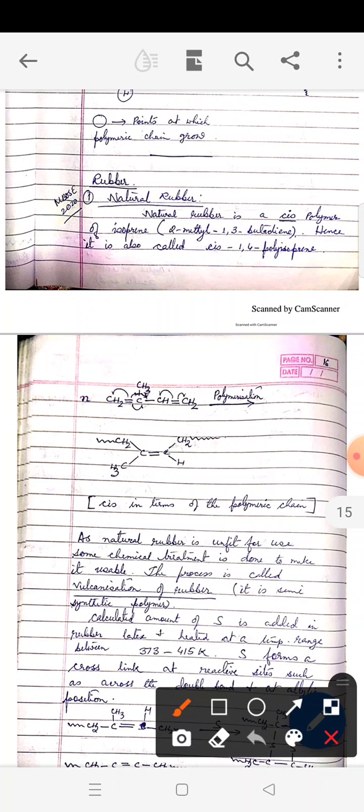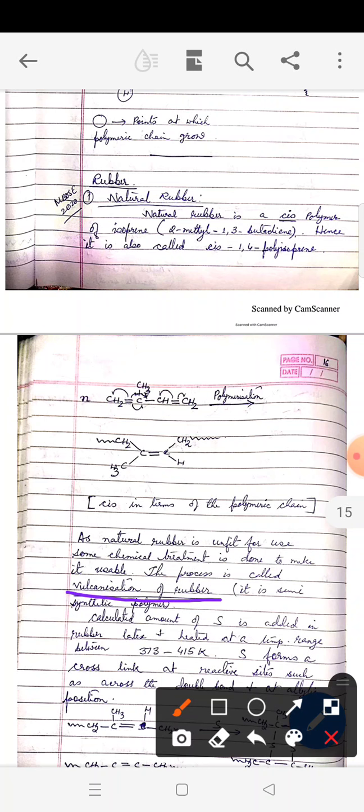But nowadays you know that rubber is playing a very important role in many of the industries. So what is done? Some chemical treatment is done in rubber, and the process is called vulcanization of rubber. Vulcanization, the word is coming from the word volcano. Volcano in other words is related to fire, and the god of fire in Greece is known as Vulcan. The whole incident took place over fire accidentally, and that's why the process has been named vulcanization of rubber.